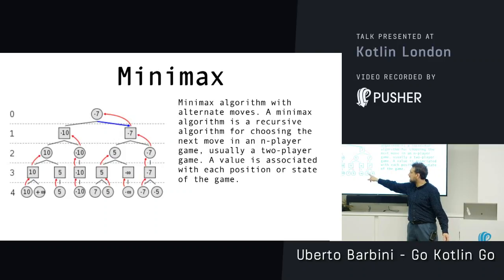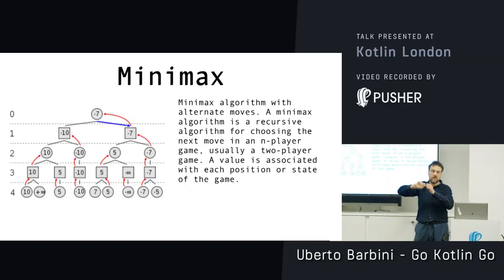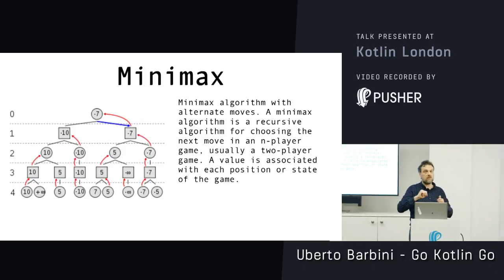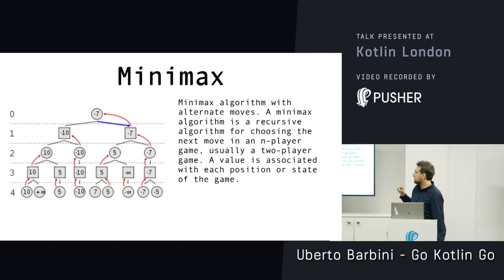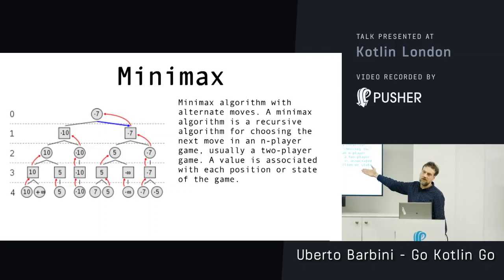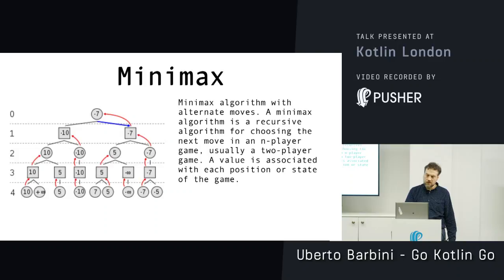So here we'll take the lowest one, because of course it's your opponent, so we'll choose the best for him. And then you take the highest of the possibilities of this level, and then you take the lowest. So at each level you take either the highest or the lowest score. You assume that your opponent is playing the best for himself, and you play the best for yourself. And this is the first possible algorithm.